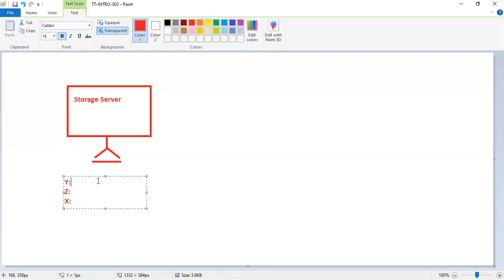That folder will be shared with the same letter to all the teams. Say in this we have RCC. So department wise there might be different drives, but all these folders will be stored in the common server. So that is the storage server.